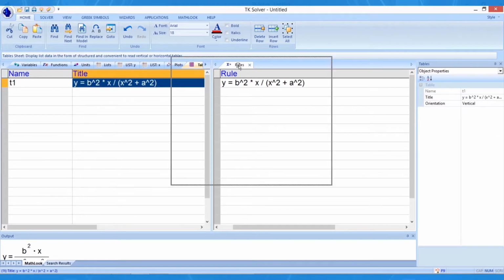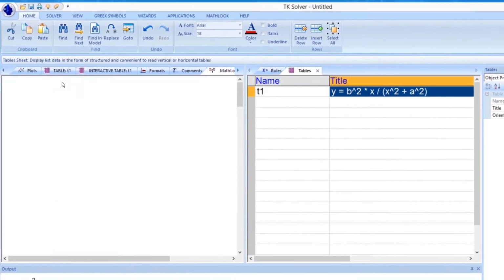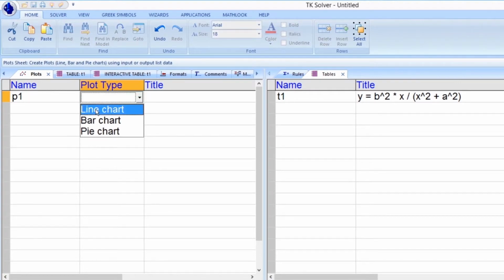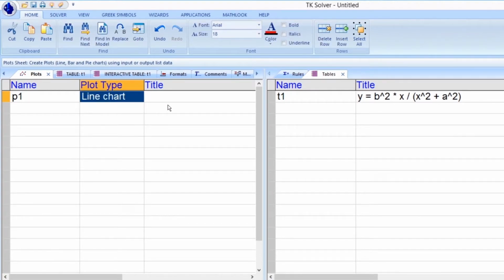Let's click on the Plots tab. Just as with objects in other TK-Solver tabs or worksheets, we can define any number of plots on the Plots tab. We name the plot P1 and choose Line Chart for the plot type. We can paste the equation from the Rules tab into the title field of this plot just as we did